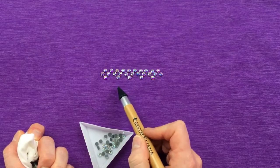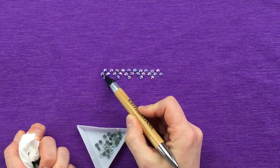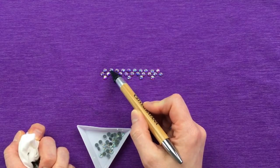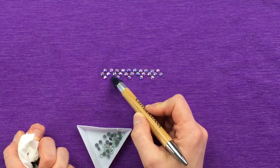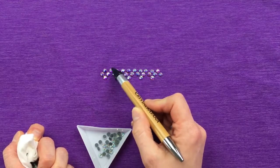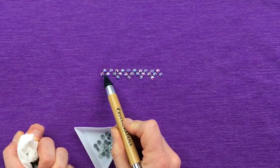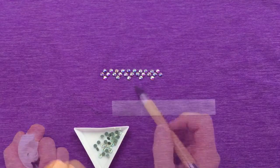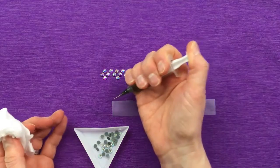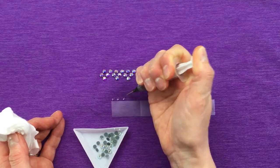You could also create diamond designs. So we've got a diamond here. We could then have a stone here, so we create overlapping diamonds, or if you missed every other stone, then you could create a diamond and a diamond like that. Or you could create zigzags. So if we do another straight line of stones here,